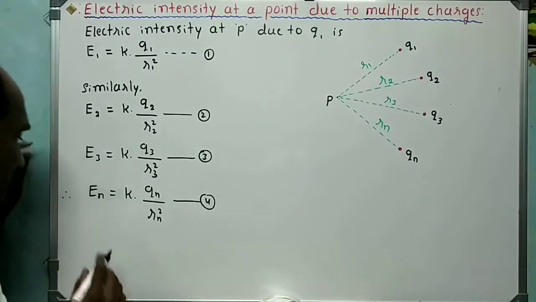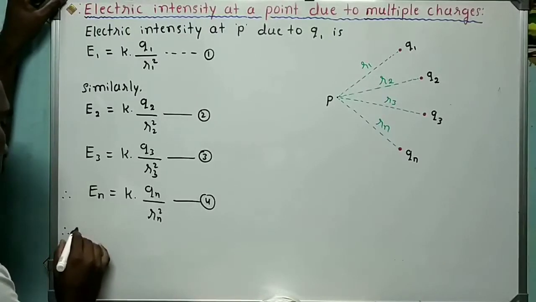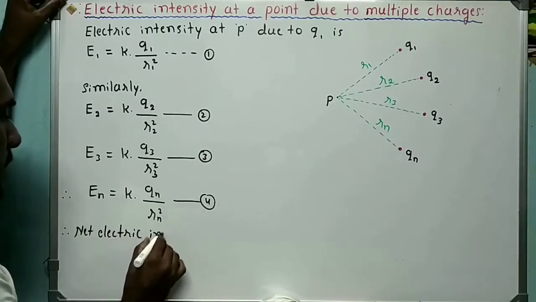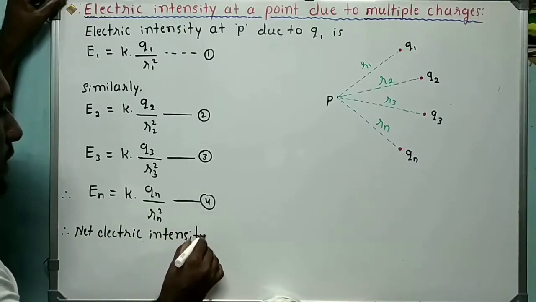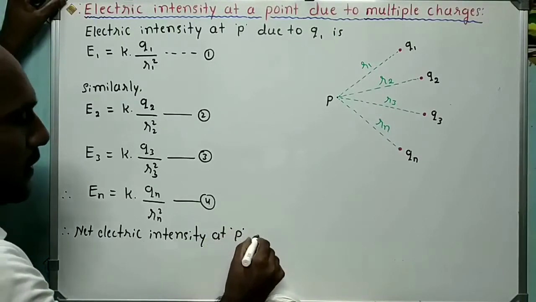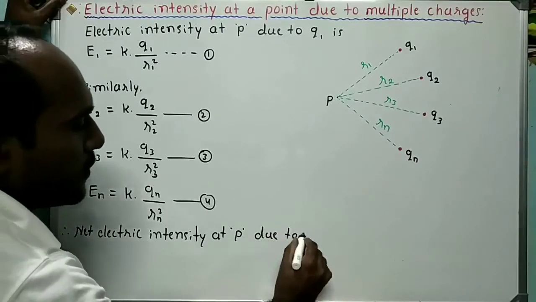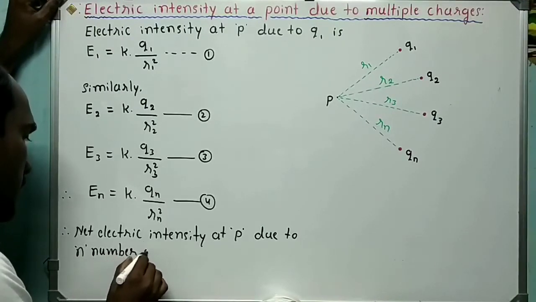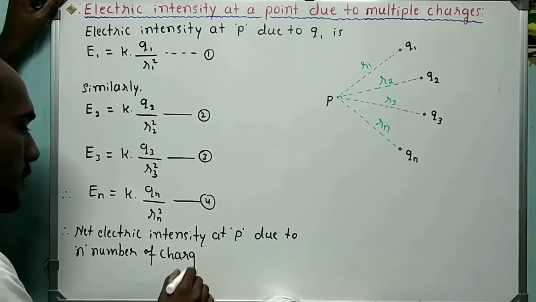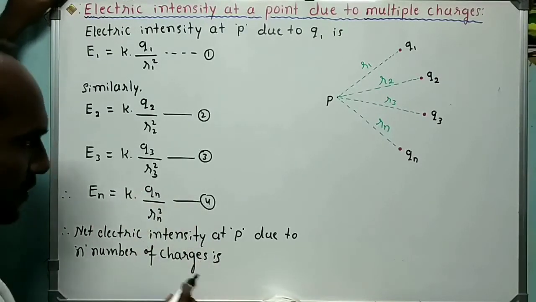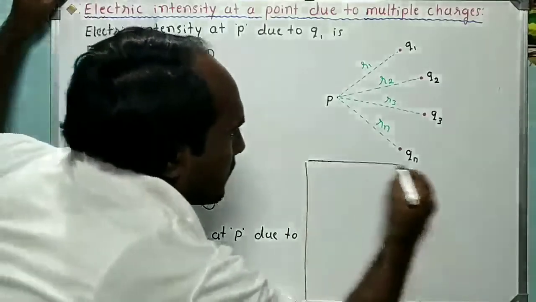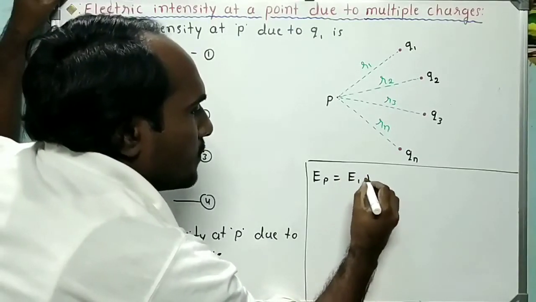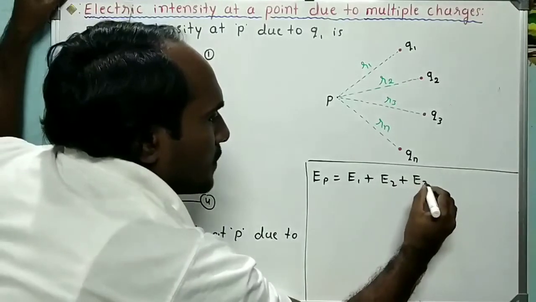Therefore, net electric intensity at point P due to n number of charges is, I will write here, electric intensity at a point P due to n number of charges, that is E1 plus E2 plus E3 plus En,